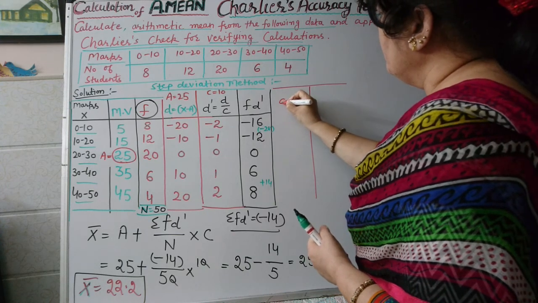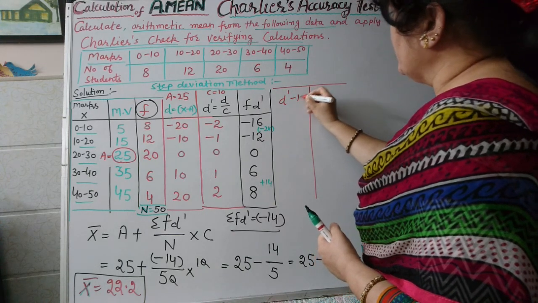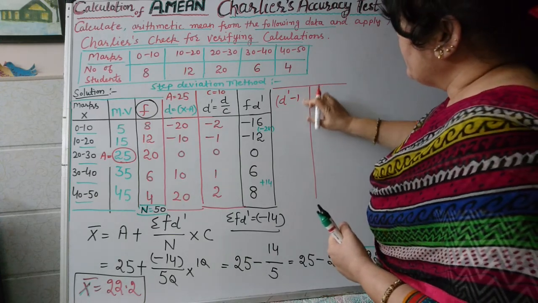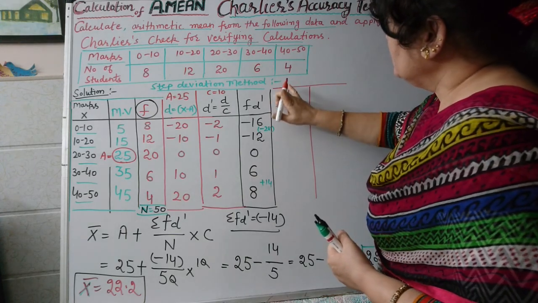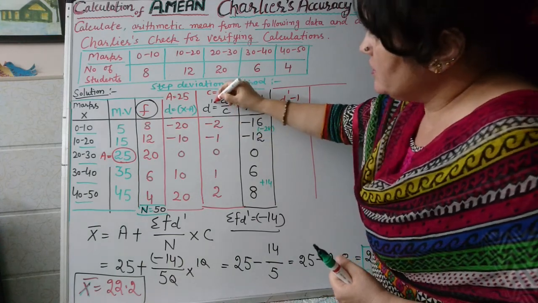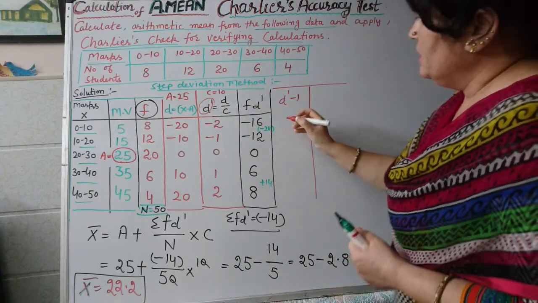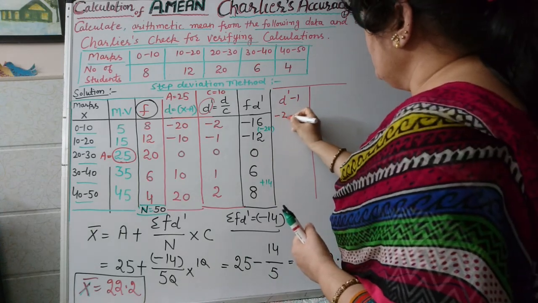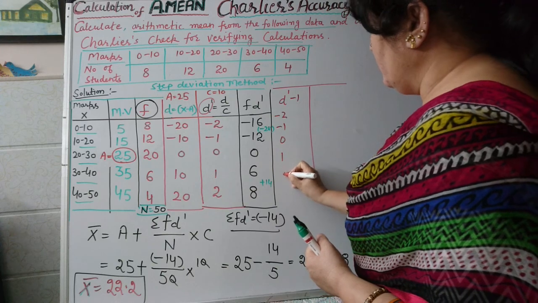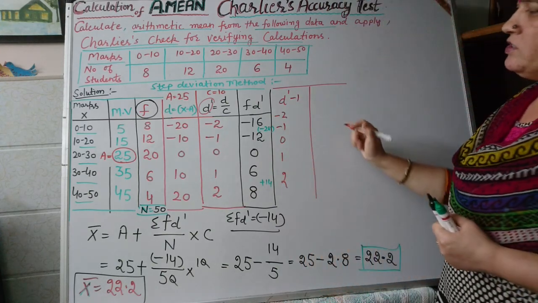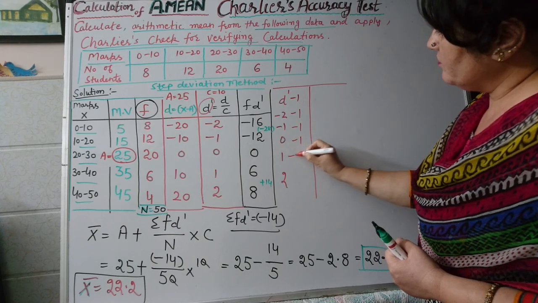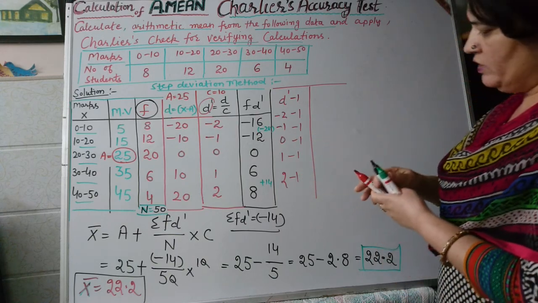First column d dash minus 1. We will subtract the values of 1 from the value of d dash. These are the values of d dash. It means minus 2, minus 1, 0, 1 or 2. These are the values of d dash. I will subtract 1 from each of the value of d dash. And the calculations will be,